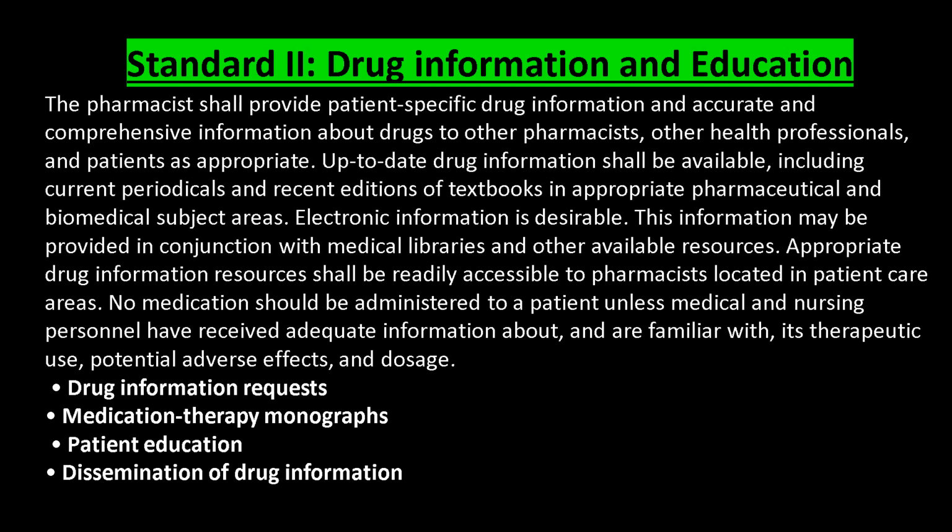So there are also some points I just mentioned, four points here. There is the drug information request. It comes either from the doctors, or from the nurse, or from the patient. So responses to journal and patient-specific drug information requests shall be provided in an accurate and timely manner. A process shall exist to assist and ensure the quality of the responses to requests. If there is a request, our response should be quick and accurate in quality.